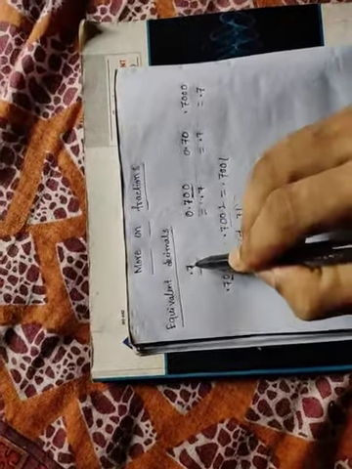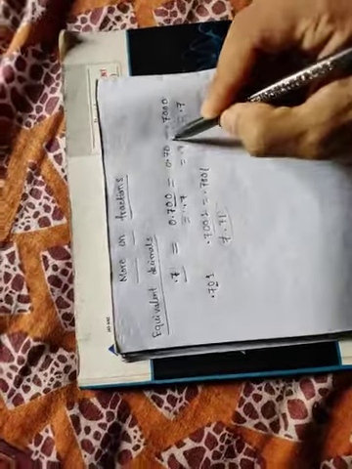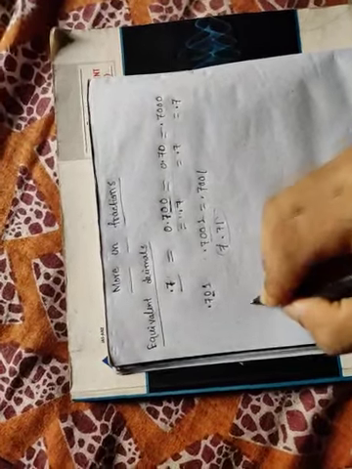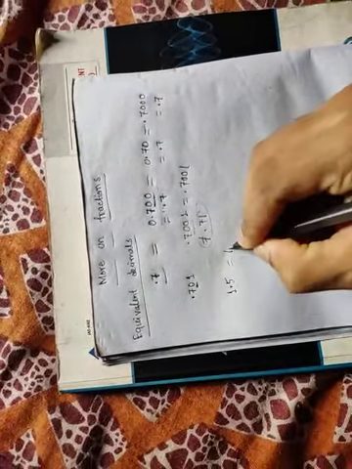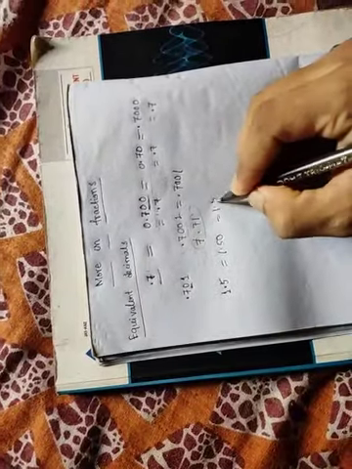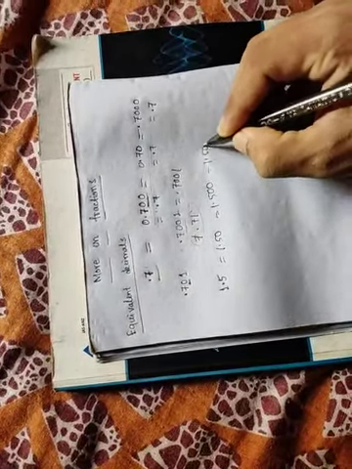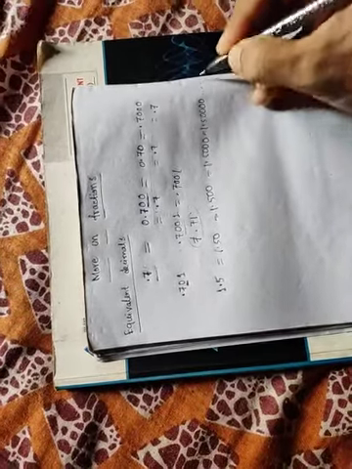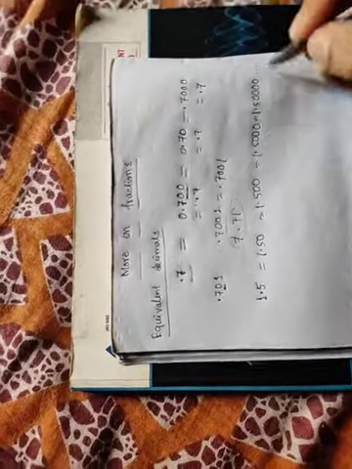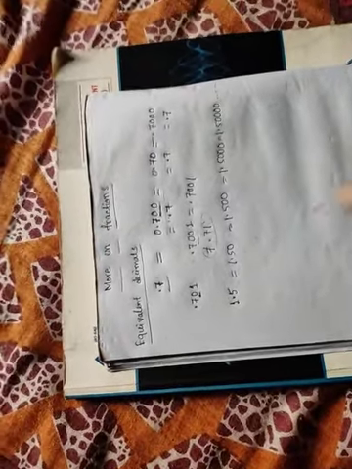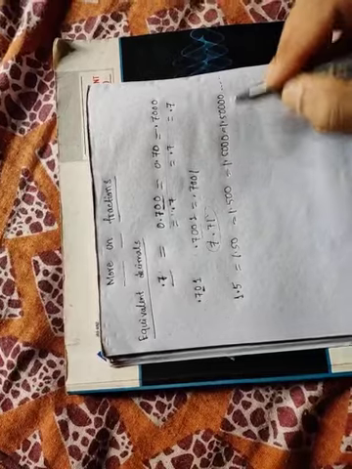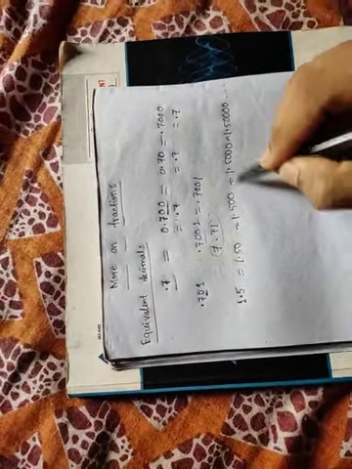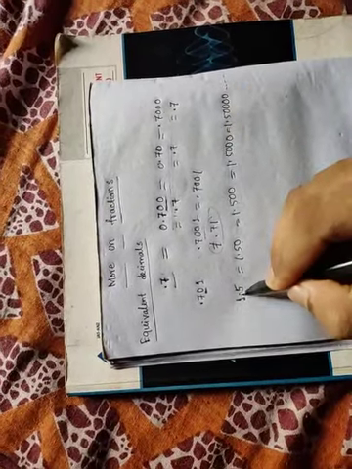So what are equivalent decimals? The equivalent decimals of this are equal to this, this, also this. That means you can add any number of zeros. Suppose you have the fraction 1.5, it is equal to 1.50, equal to 1.500, equal to 1.5000. Here I have added only one zero, two zeros, three zeros, four zeros. So the value of all the fractions is the same, and that is equal to 1.5.